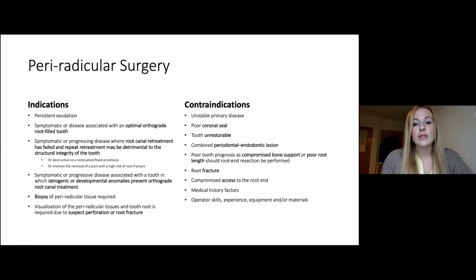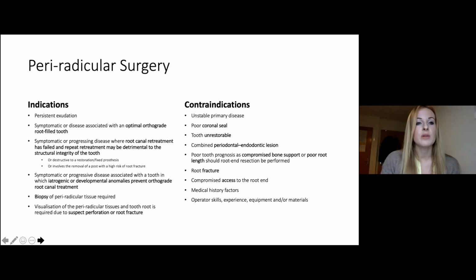Contraindications are listed below, which involve unstable primary disease, a poor coronal seal, that being the crown, if the tooth is unrestorable or there's a combined lesion present, and where the prognosis of the tooth is poor, surgery is not indicated. If there's a vertical root fracture, again, the tooth would be deemed unrestorable and surgery not indicated, or compromised access to the tooth, or any patient factors that may prevent surgery being the optimal